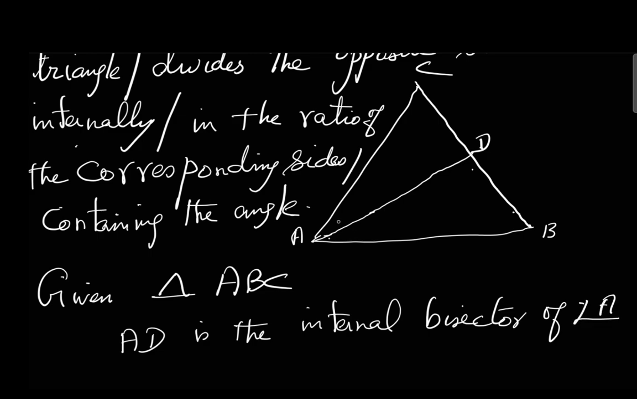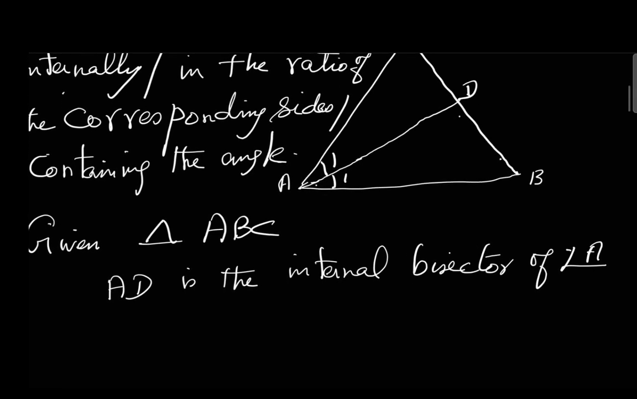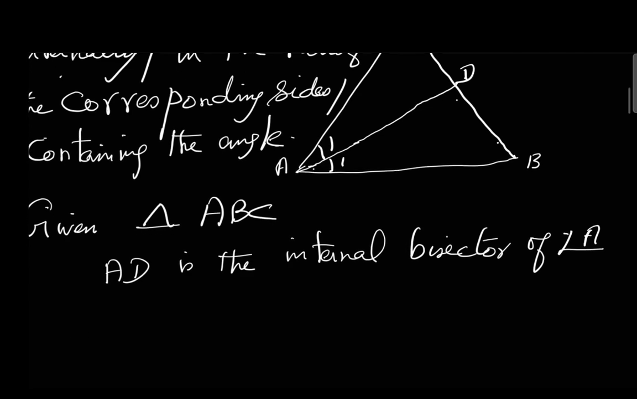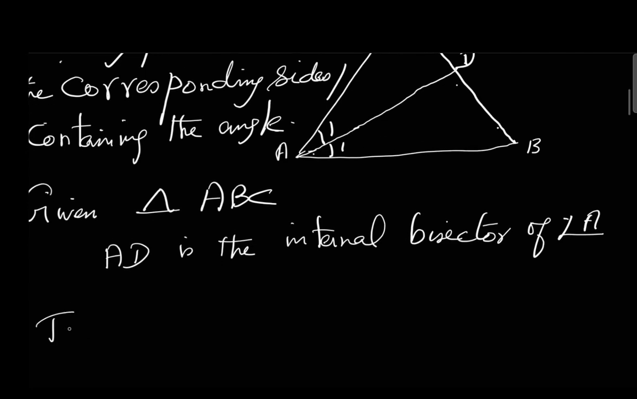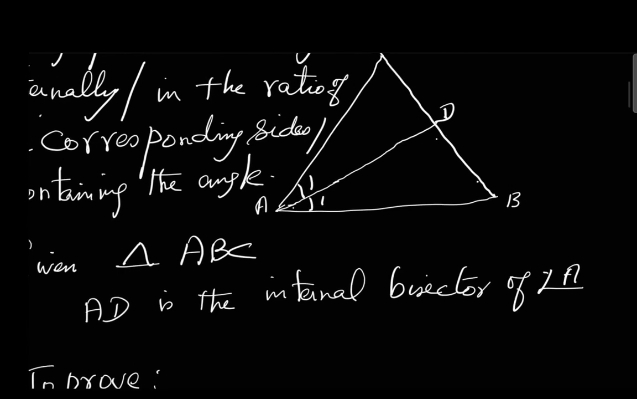It bisects, which means it divides equally. So let me mark both the angles as equal. Let me mark them as 1, 1. So these two angles are equal. Okay. So what are you supposed to prove? To prove